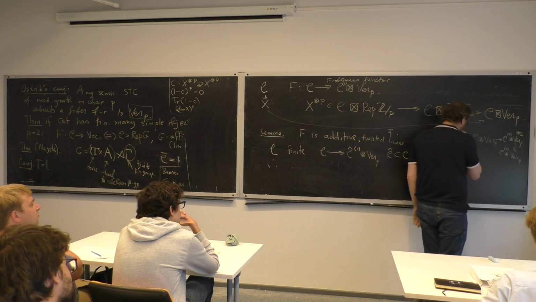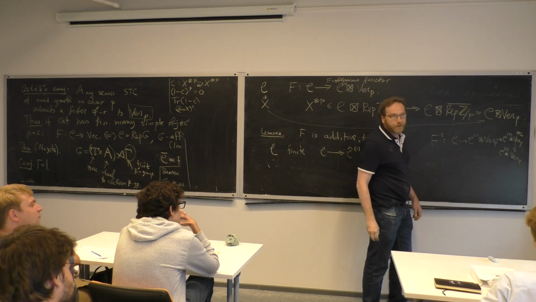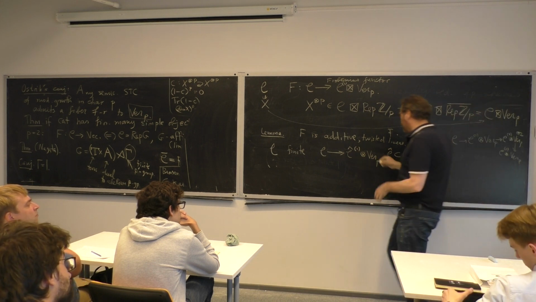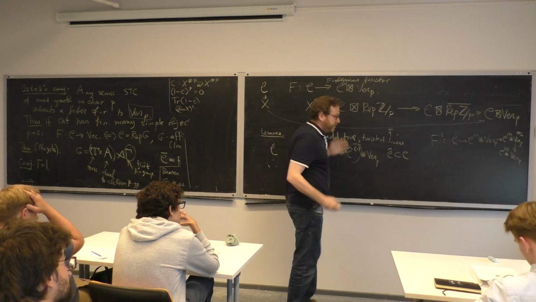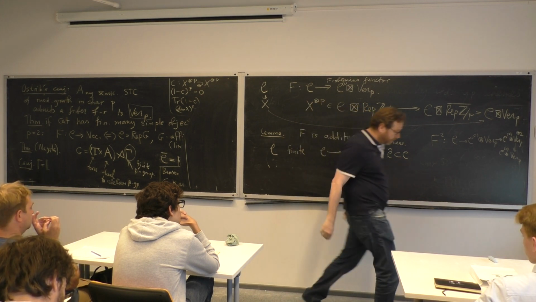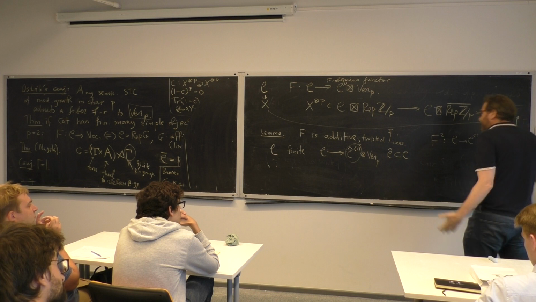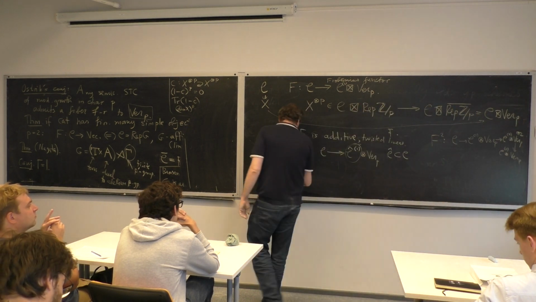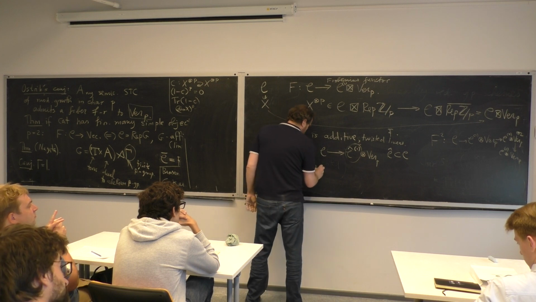So this is the square of F. And then you can cube it and fourth power and so on. And each time this component decreases in the Frobenius-Perron dimension, so size, until it stabilizes. And then when it stabilizes,